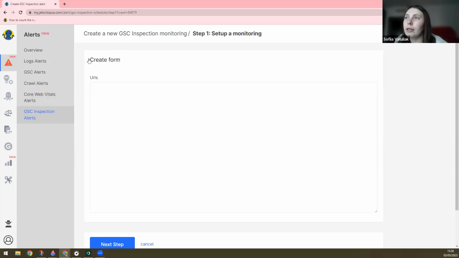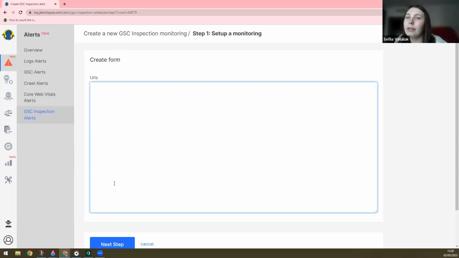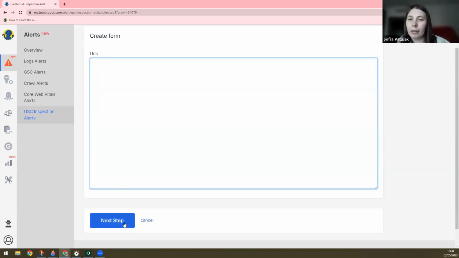And to start this inspection, you should enter the list of URLs. So you can go to your Google Search Console and export URLs you want to check on a constant basis. And if these URLs have a problem,